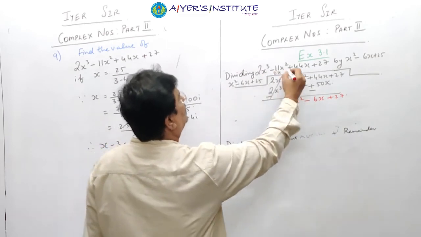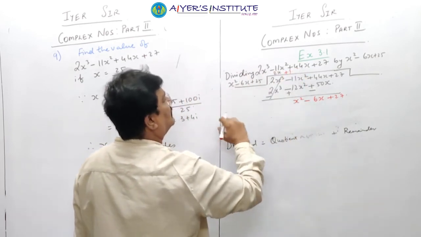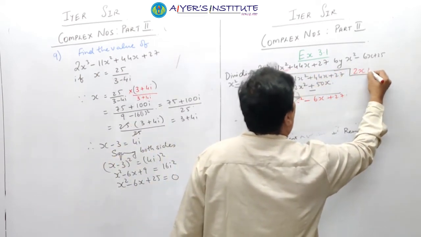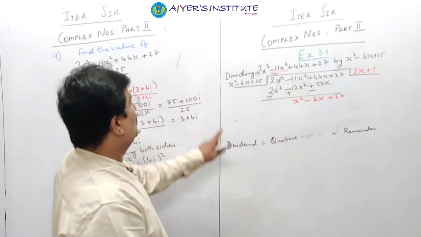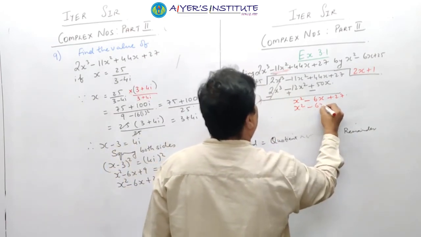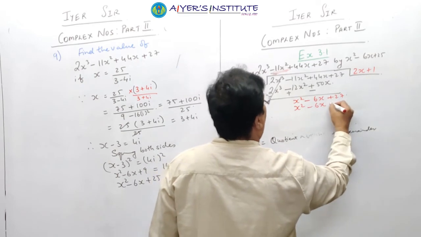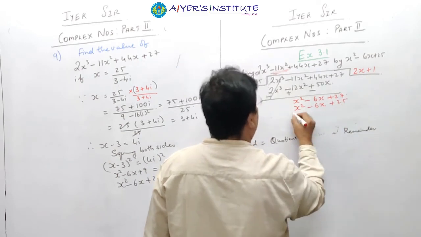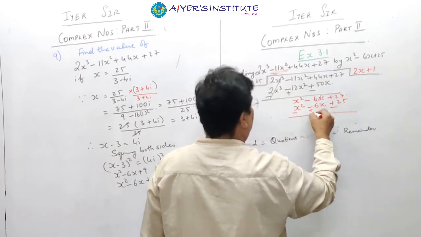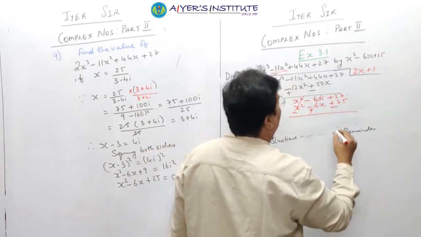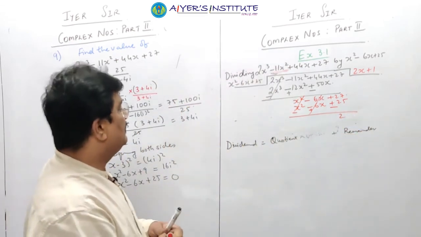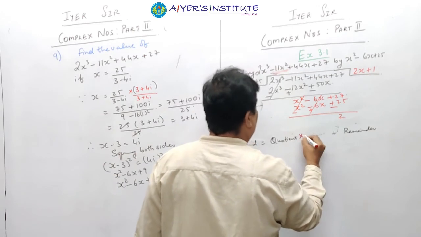Already the x square तो plus 1। तो 1 into x square is x square, 1 into 6 minus 6x, 1 into 25 plus 25, change the sign, so ultimately we get 2 as the remainder। And as we all know, इससे पहले भी लिखा था, quotient into divisor plus remainder,